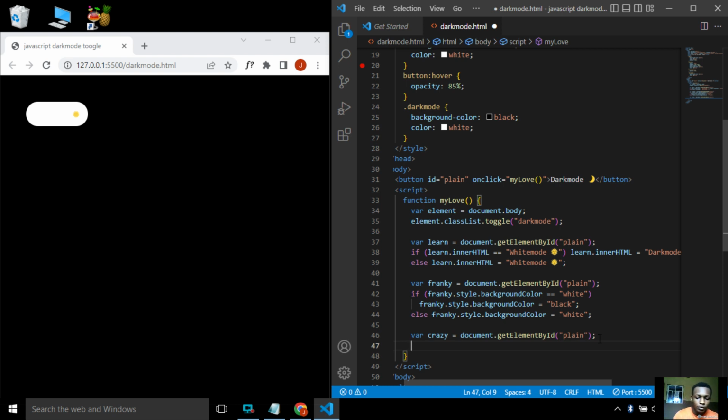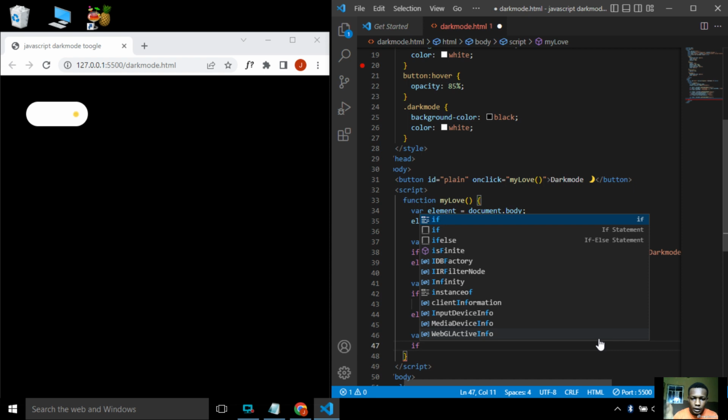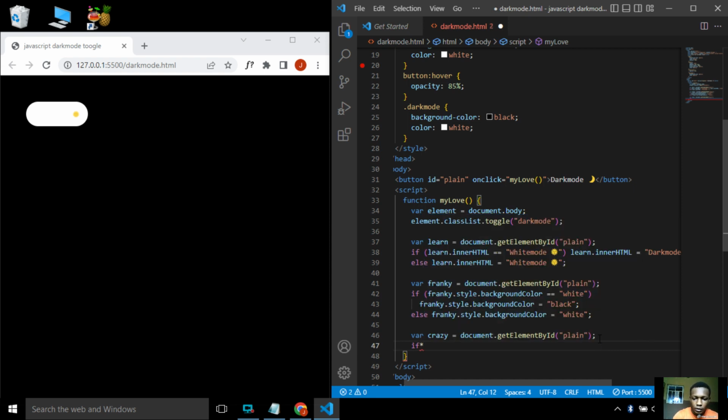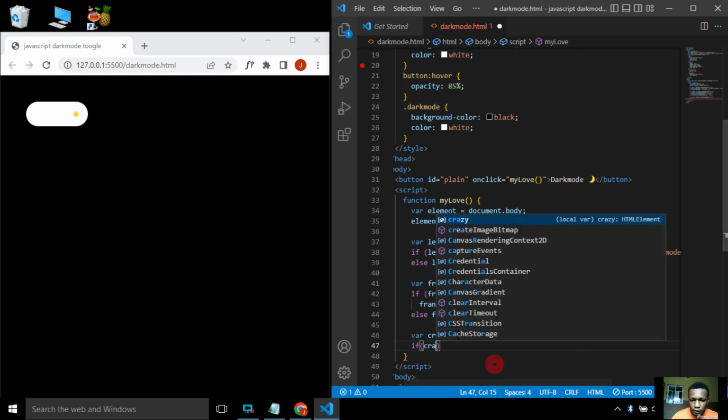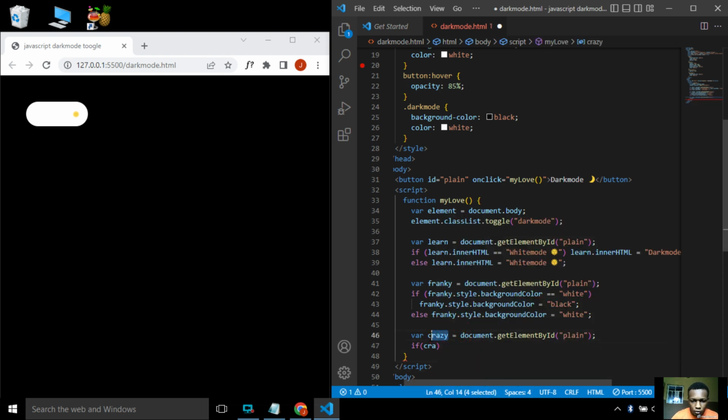So we use our if, put our normal brackets. You say if crazy, that is this. Let's just copy it to avoid mistakes. Copy and then paste the var we just called. If crazy